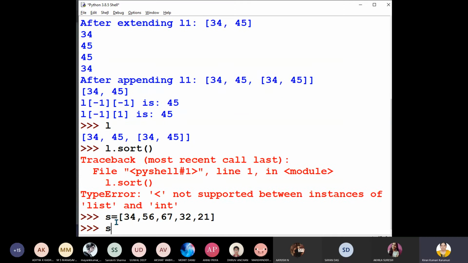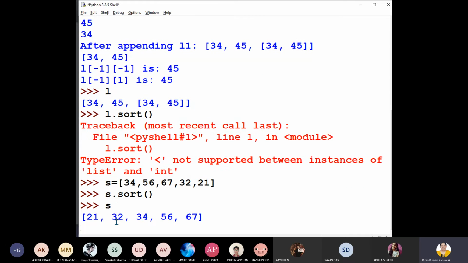It is not in order. Now S dot sort. Now what is S? Sorted, yes or no? Can you see, children? When you sort, it arranges in increasing order.